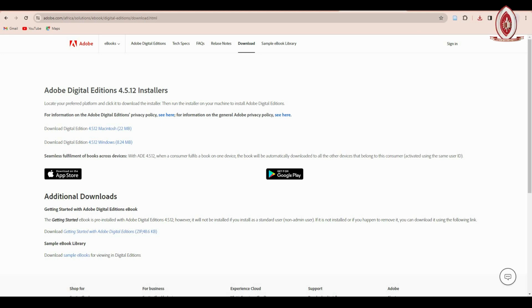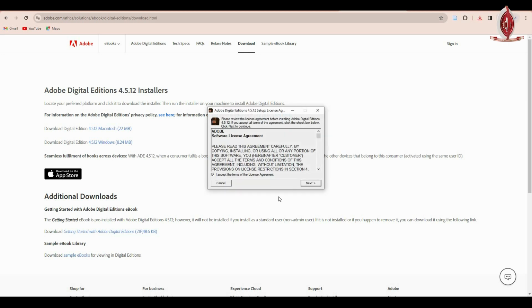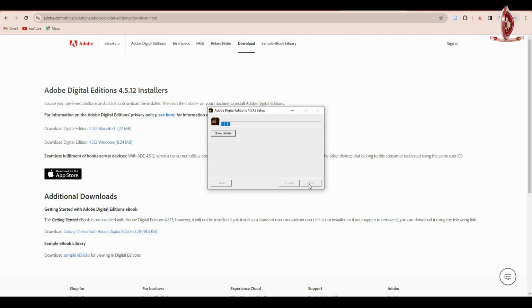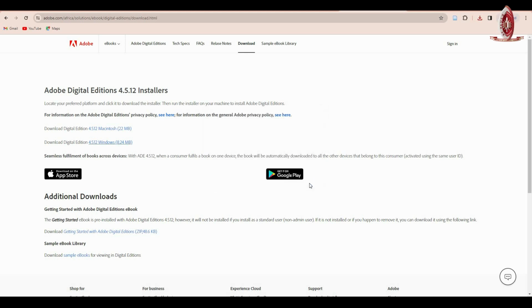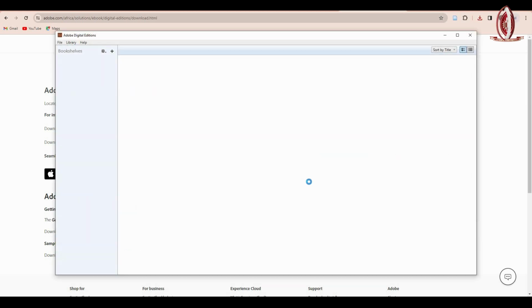So do you want to allow this app to make changes to your device? Yes. And then you agree to the terms and conditions. And then you go next, install. It's a very quick process, so you will be done before you know it. And as I said, you only need to download it once. Once it is downloaded, you close. And there we are. This is our software that will hold our books in our computers and enable us to